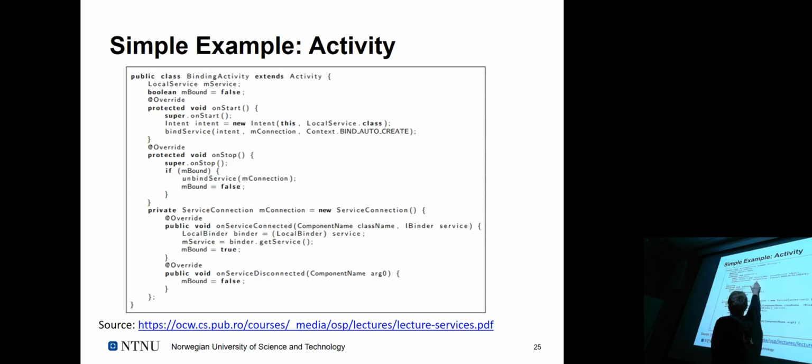The parameter you're passing along, in this case mConnection, is what I mentioned before, a local implementation of the service connection, which has two methods, one being onServiceConnected, the other onServiceDisconnected. That's the callback you need to await before you can actually interact with the service itself. So that's the basic idea, and that's how it works. You bind to a service, you get a notification. Once your service is connected, you get the reference to the service, which is passed along with the call to onServiceConnected. And then you can interact with the service instance. That's the whole magic there.